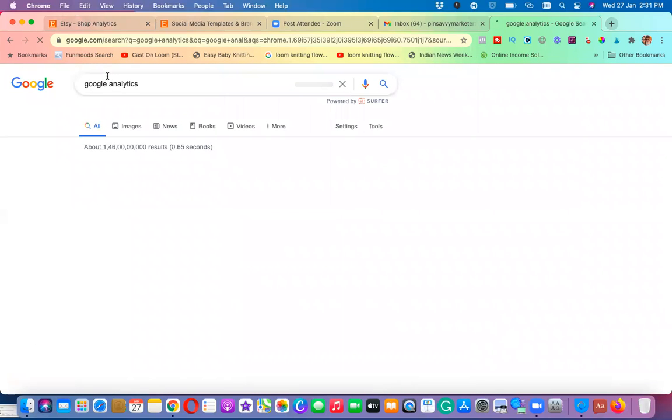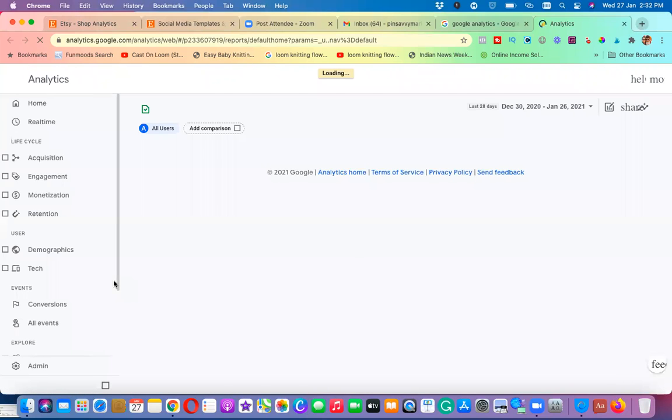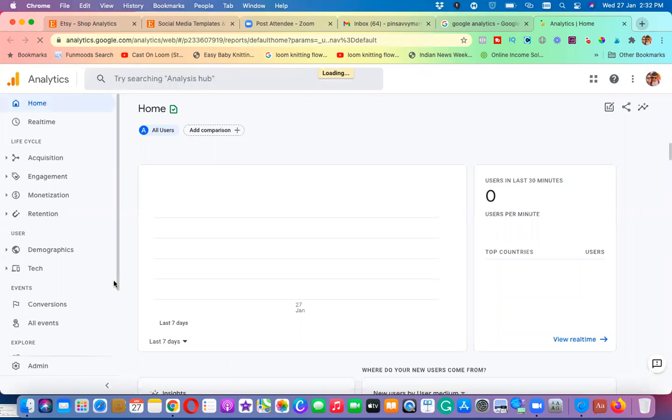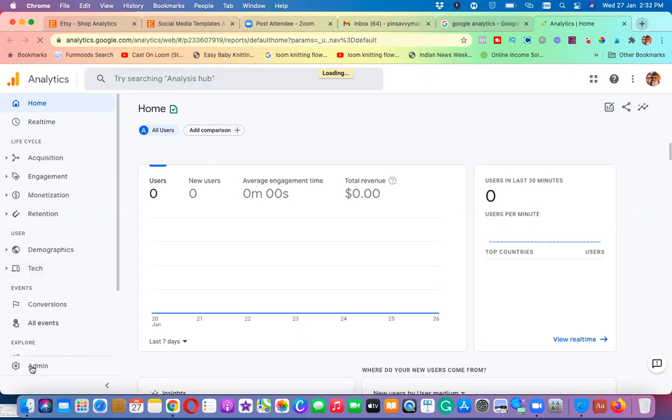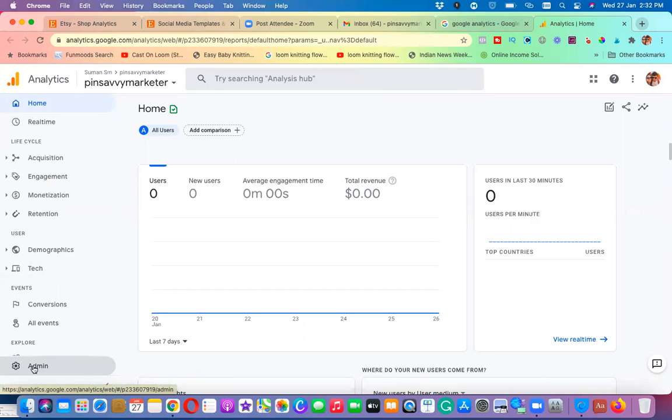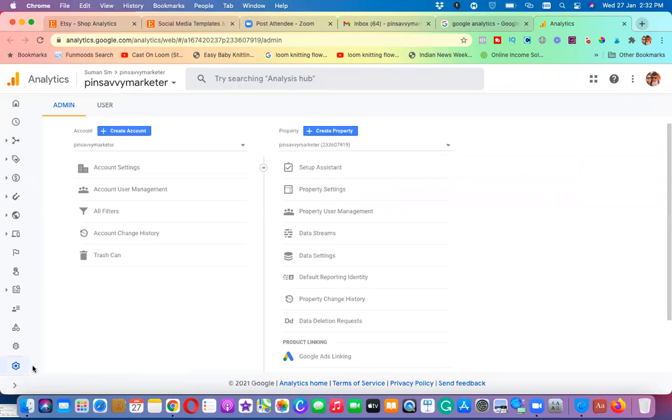Okay, so what you have to do is go to Google Analytics. You have to create an account with Gmail, which makes it easier for you. With one of your Gmail accounts that you want to connect, you can open the analytics. Once you open the analytics, each analytics property you open will have its own ID. So for example, I have to go here to admin, and you can see here. Can you see these numbers?